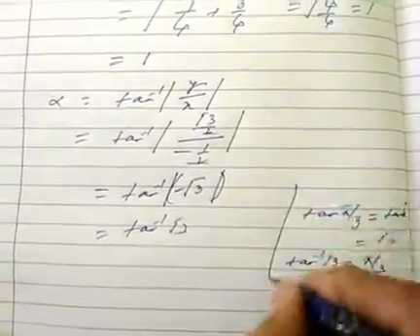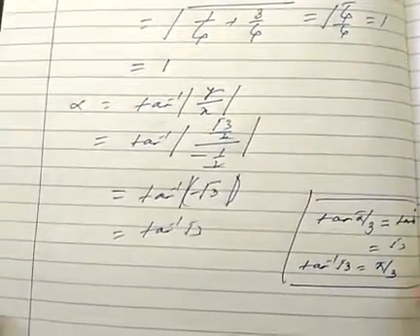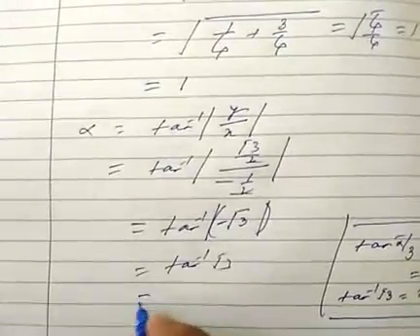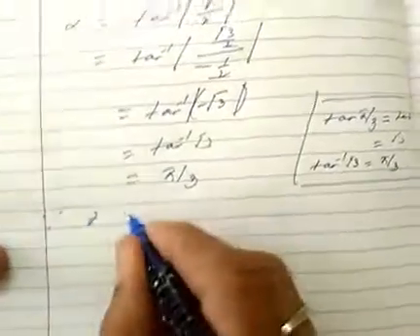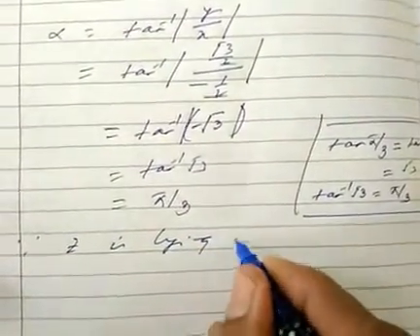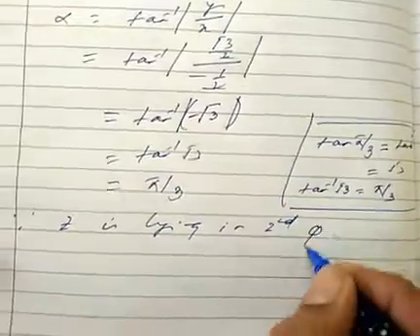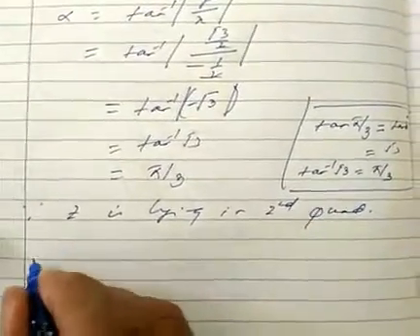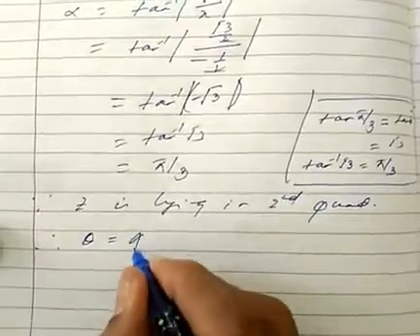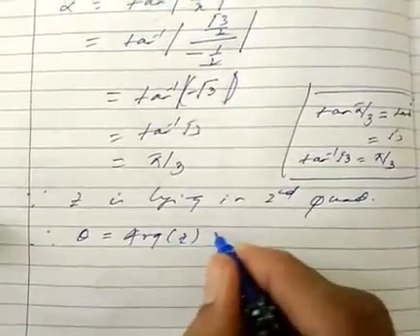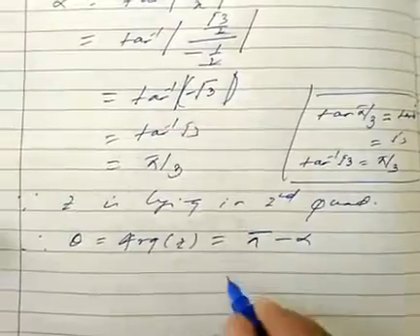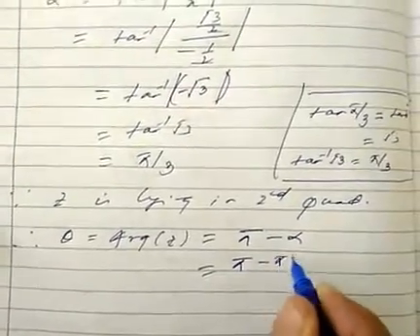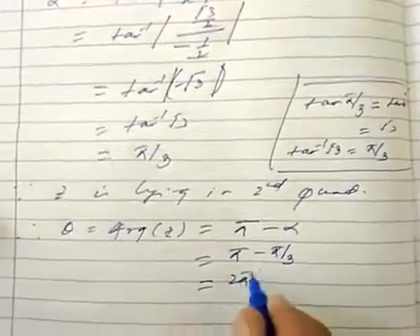This conversion we have to take every time, and further as we move in the classroom, we'll discuss how we'll count it. So this is pi by 3. Now where is this complex lying? x is negative, y is positive, so this will lie in the second quadrant. Since z is lying in the second quadrant, theta, that is the argument of z, will be, as earlier we have gone through, pi minus alpha. What is alpha here? Pi minus pi by 3, and that will give you 2 pi by 3.